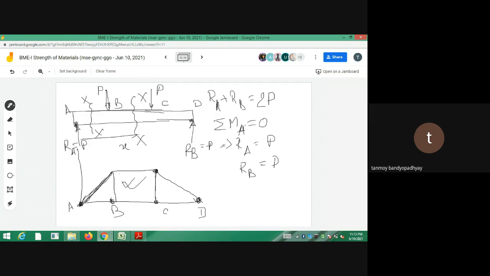So BC portion is under pure bending. Why? Because number one, it has a constant bending moment equal to Pa, which doesn't vary with x. And number two, the shear force acting on the portion BC is 0. I haven't drawn the shear force diagram, so as not to make it too complicated or divert our attention from the bending moments. Okay? So this is how we draw a bending moment diagram, and from it we can see that the bending moment is constant from B to C. At point B it is Pa, it is Pa at C, and in between also at every point the bending moment is Pa. But for these portions, bending moment M varies as x. For this portion also M varies as x. But for this portion M is constant. So that is why this portion B